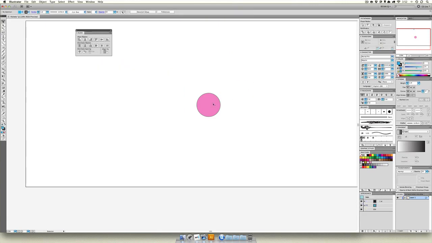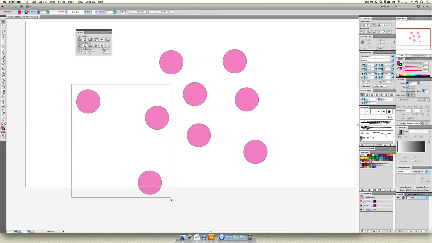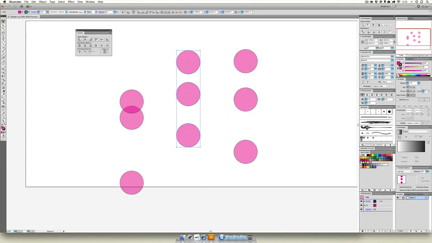Let's just delete a bunch of these and just show you how quickly 9 random circles can really be made to be quite useful. So we'll select 3 here, and we'll align those. These, and we'll align these. These, we'll align these. Then finally we'll take our top 3 circles,